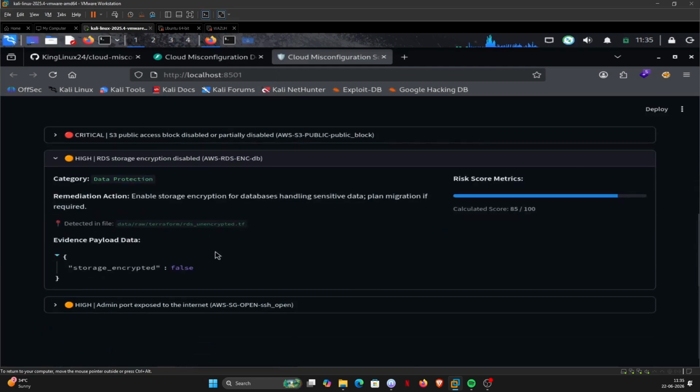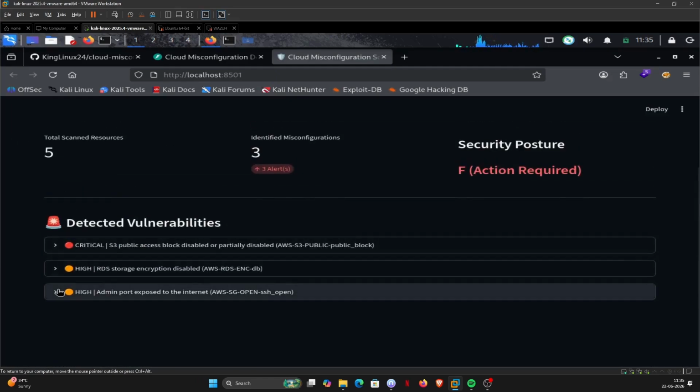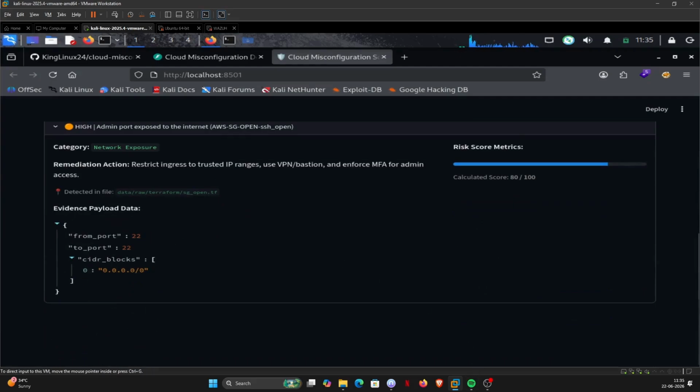And that is it. In less than 10 minutes, we went from an empty environment to a fully operational DevSecOps scanner pipeline. If you want to use this tool or expand the rules by yourself, check out the repository link